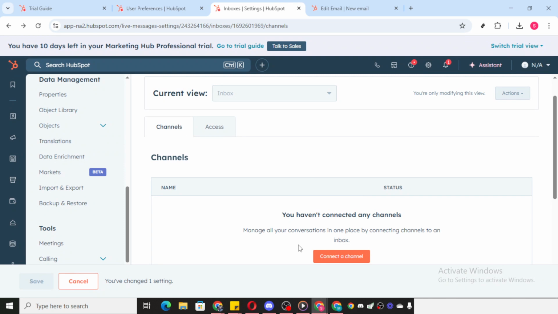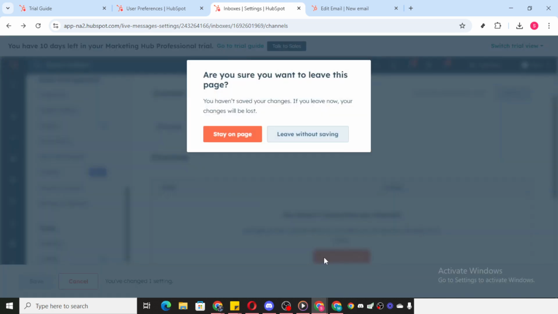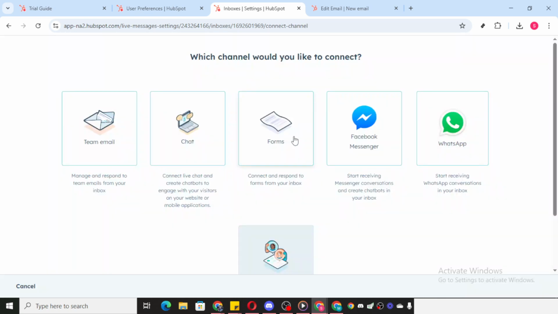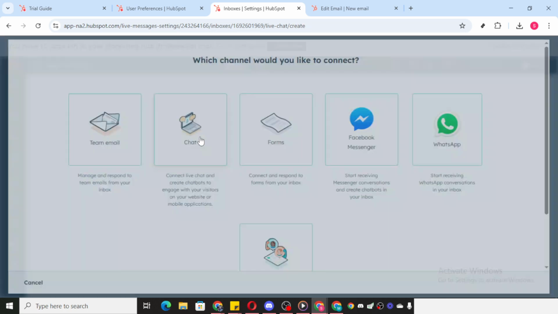Next, you'll see an option that says Connect to Channel. This feature is vital, as connecting your different channels will integrate various forms of communication into a unified system. Click on it to proceed. You'll then want to focus on Chat, which is crucial if instant messaging and real-time engagement with your clients are